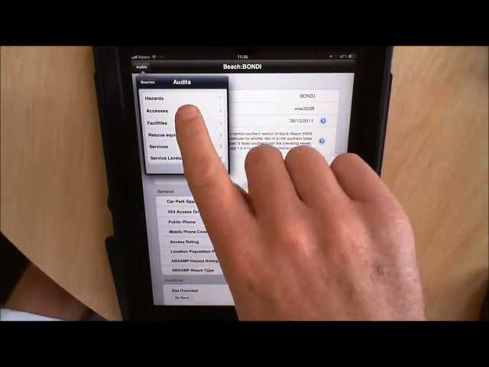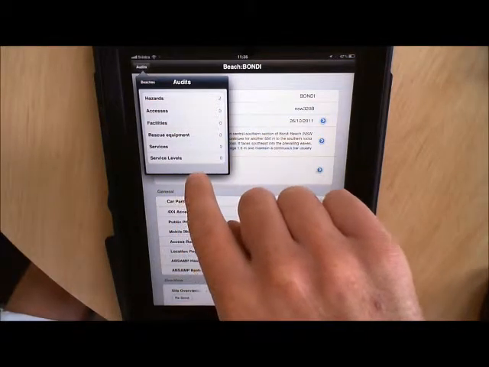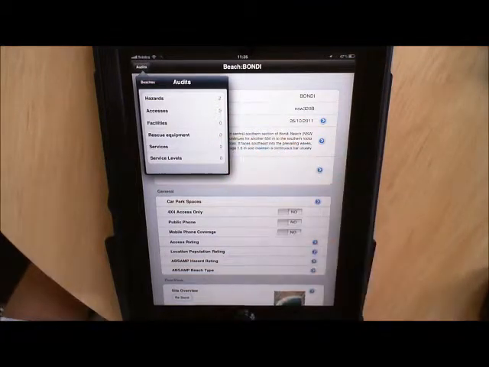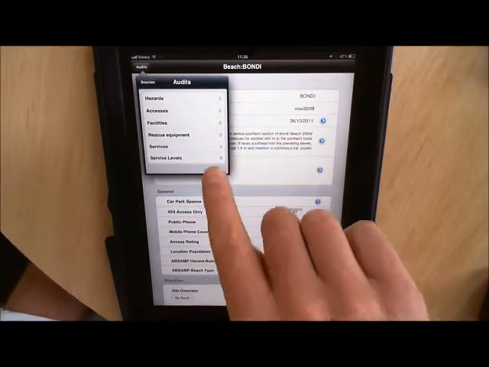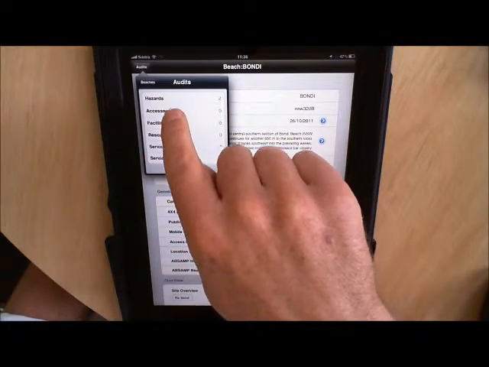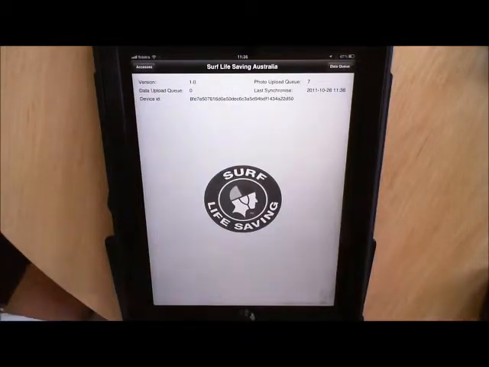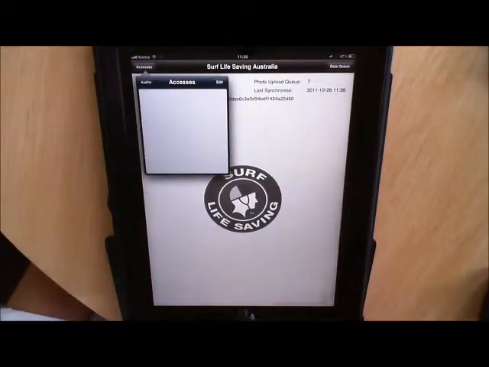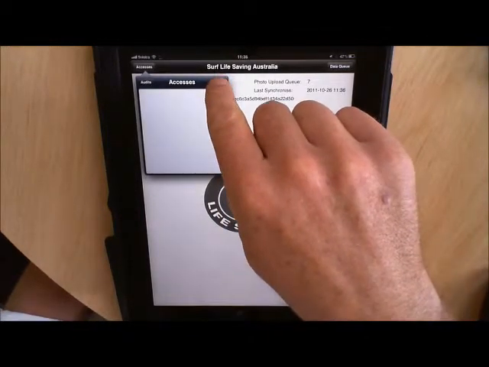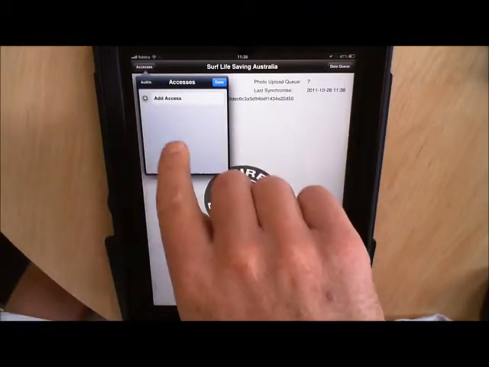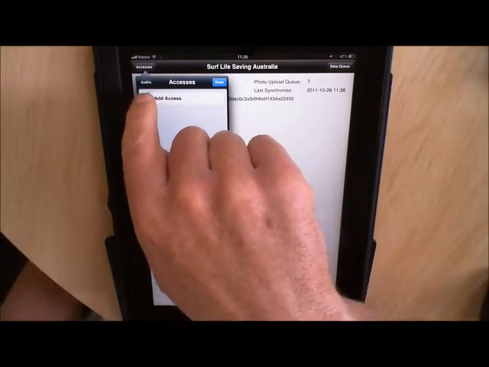So once again we've got a list of all the different audits that we can do. We've already done hazards, and we can see that we've got 2 hazards listed from before. Accesses shows us 0, so to go through to the access screen we click on accesses. Now to add a new access we click on the access button at the top left hand corner of the screen. We then select edit, and that brings up the add access option. To add an access we then click the plus button,